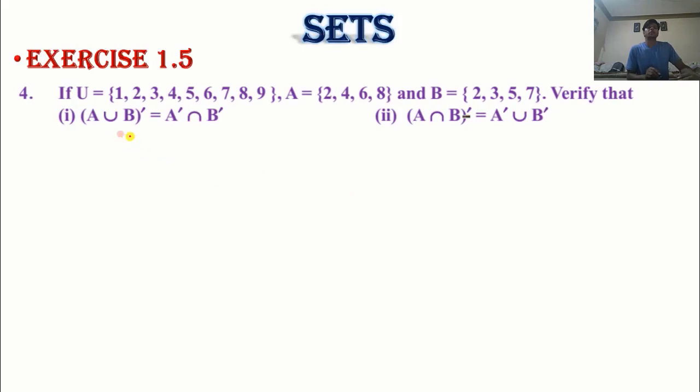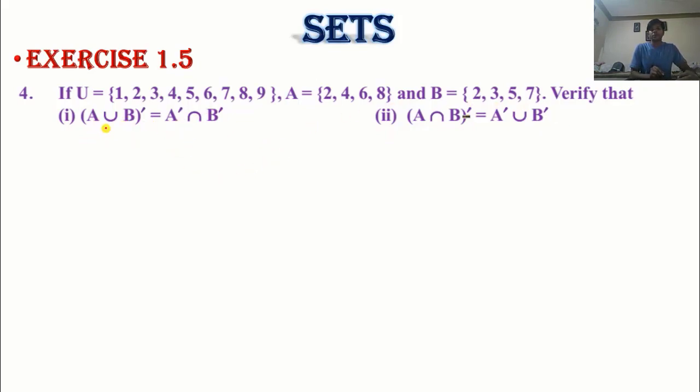Okay, this is the De Morgan's law property. You can see the complement is inside, which means you get a complement on both sides and union converts to intersection. I am not going to calculate both of these. I will verify only the first one. By the same way, you can try the second one yourself.